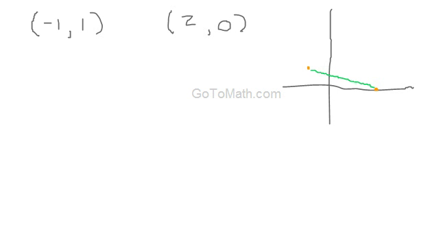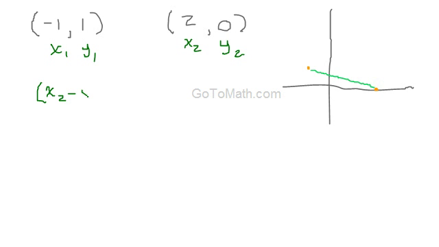Alright, so we're going to label this, should I use a different color? I don't know. We'll label this one x1 and y1, and then x2 and y2. Okay, so we want to use the formula